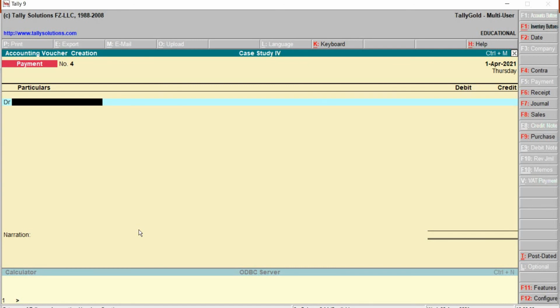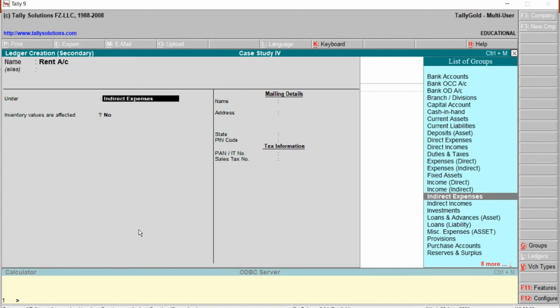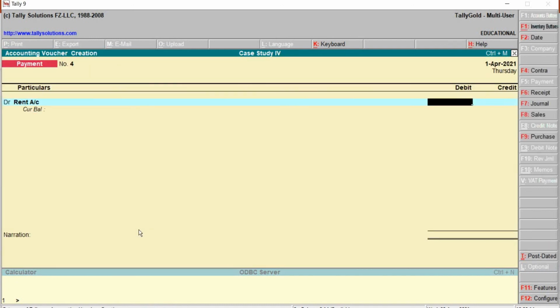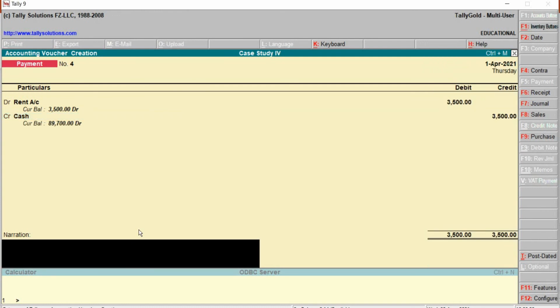Alt C to create. Indirect expenses, later save. 3500. Credit cash, 3500. Type the narration, later save.